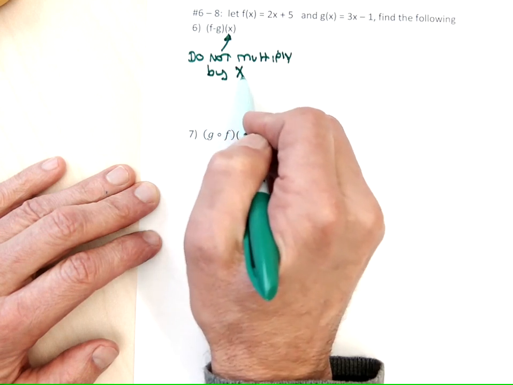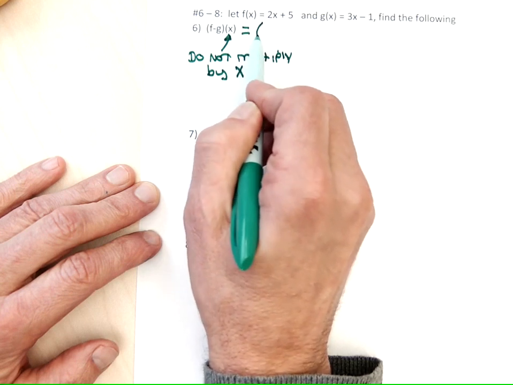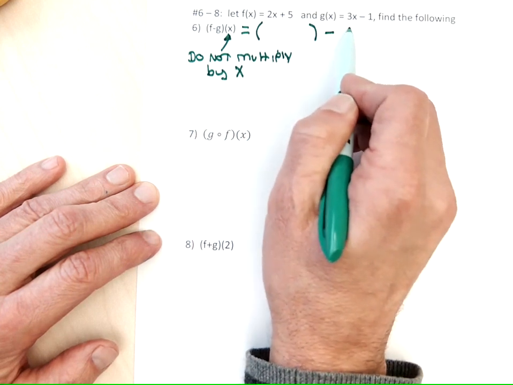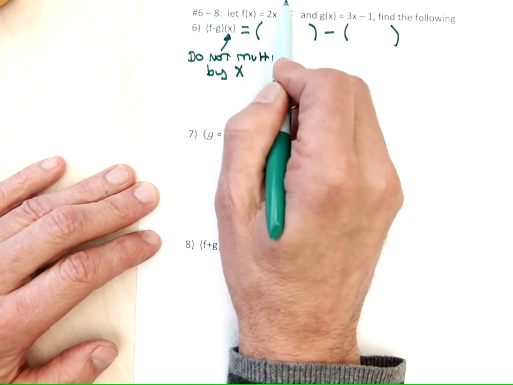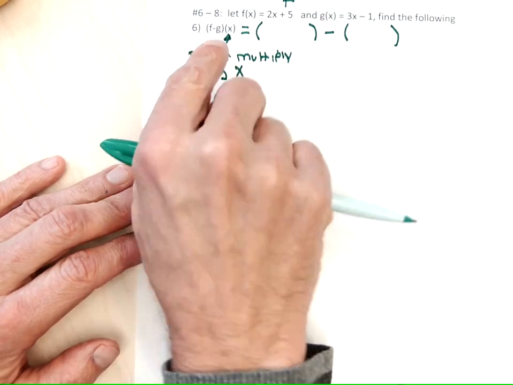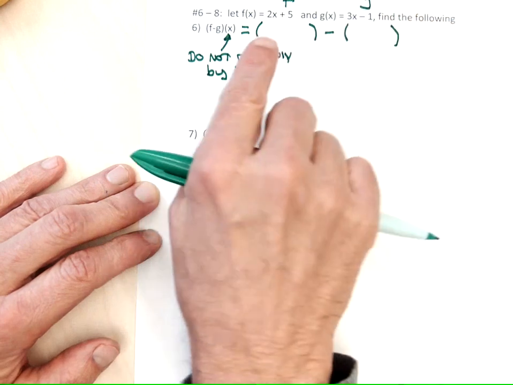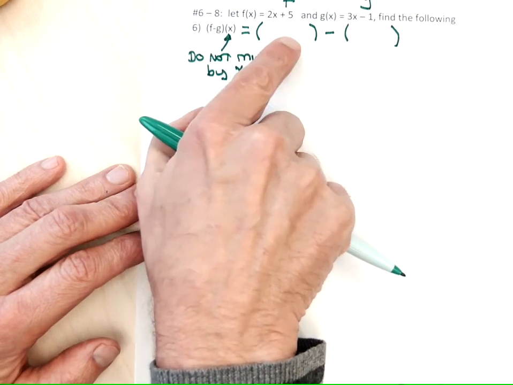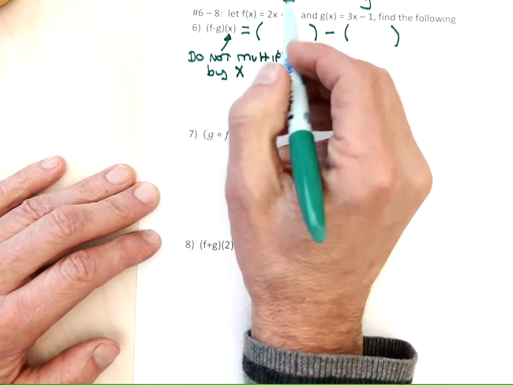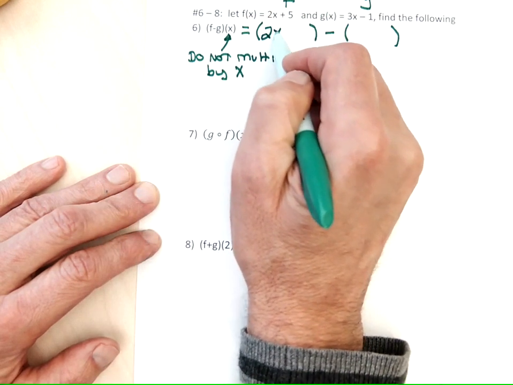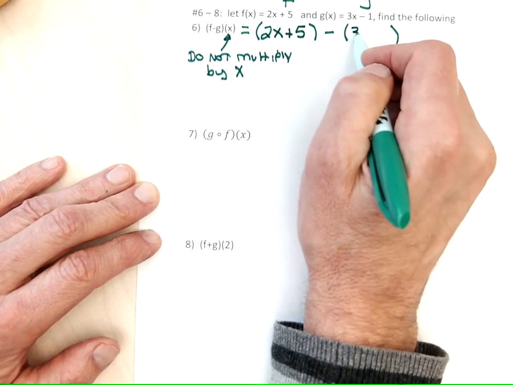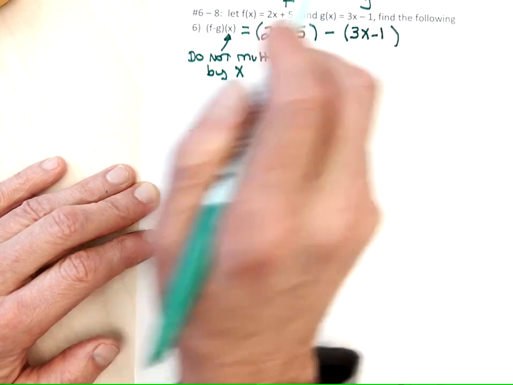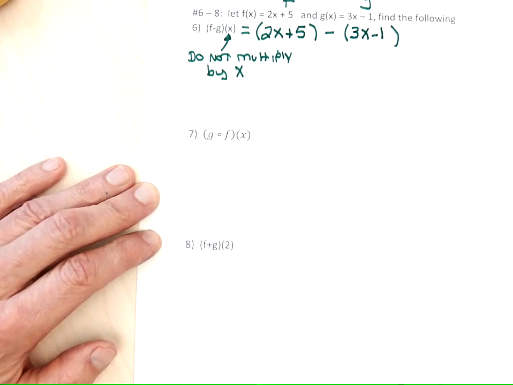When I go to do this, I'm going to put two parentheses separated by a minus sign. On the left side of the parentheses, I'm going to place what f is equal to, and on the right side of the parentheses, I'm going to put what g is equal to, and I'll put the minus between. F of x is equal to 2x plus 5, so in the left parentheses, I'm going to plug in 2x plus 5. G of x is equal to 3x minus 1, so in the right parentheses, I'm going to put a 3x minus 1. Now all I'm going to do is do the algebra to drop the parentheses, combine like